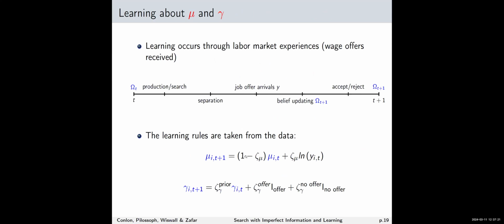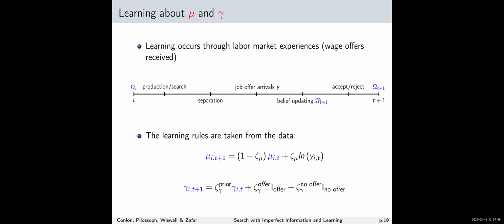Okay, so here's the timing of the model. You start with some beliefs summarized by omega. There's going to be production and search, possible exogenous separations if you're employed, and some job offer arrivals after that if you don't separate. You update your beliefs, and then you make an accept or reject decision. But going back to Paolo's question about experimentation, we're going to make the assumption that when they make their decisions